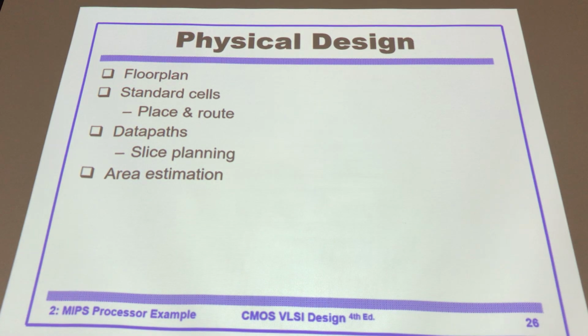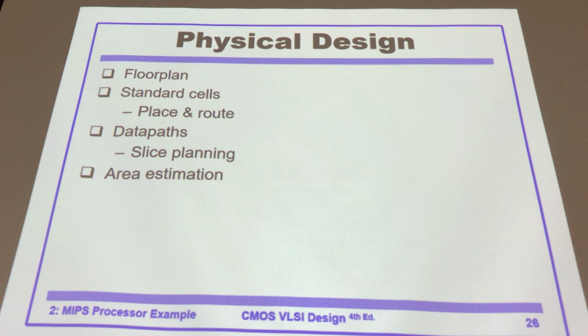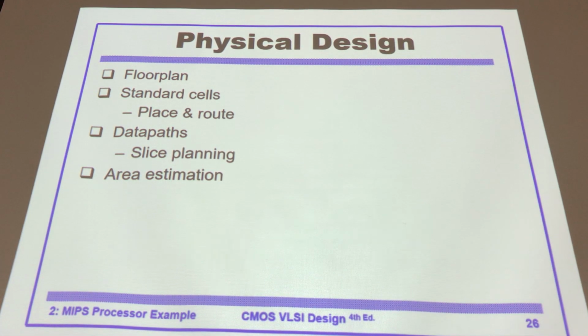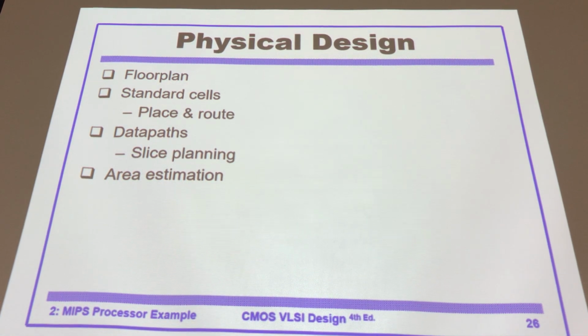You need to have some kind of floor plan: how do you put the major modules in which position in the plan? And then the standard cells, where the cells are and how they are connected by using the routing. Routing means how you connect the wire between cells